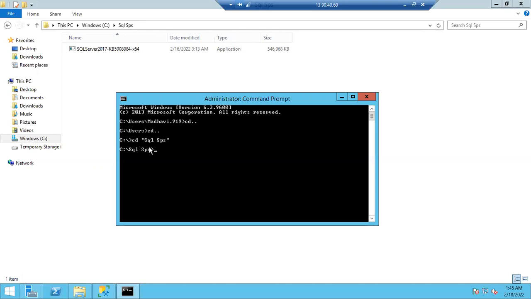Enter. Now you entered inside this folder. Now, what is the service pack name? SQL, right? Just type "yes" again and hit tab. You will get the complete name. Okay. Now /qs space